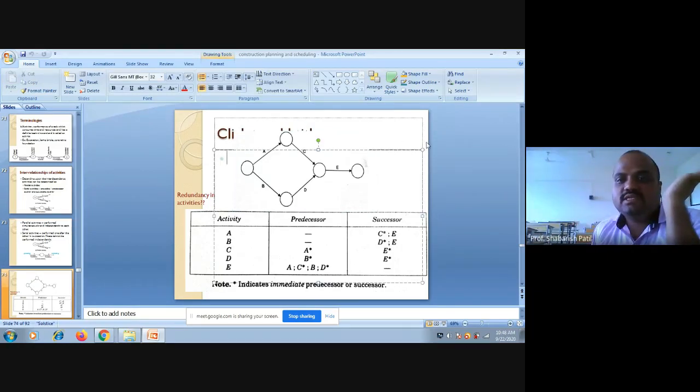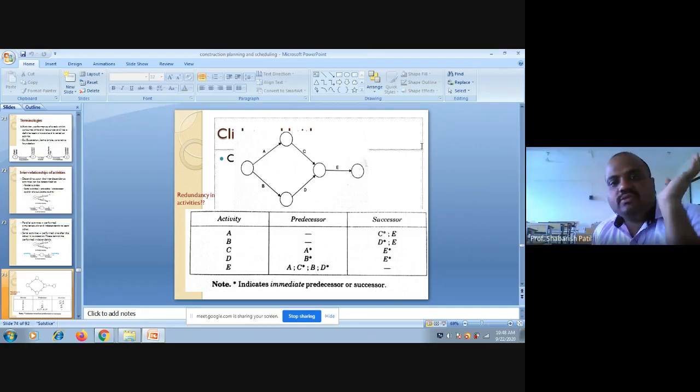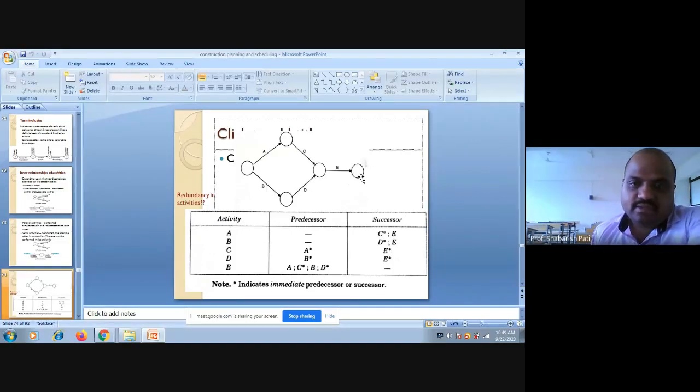So we need to understand this logic of predecessor and successor dependency relationships between these activities. Even here, we will be listing only immediate successors. Henceforth, we don't give you relations as far as other successors. We will be dealing with only immediate successors. Even for predecessors, we will deal with only immediate predecessor relationships.